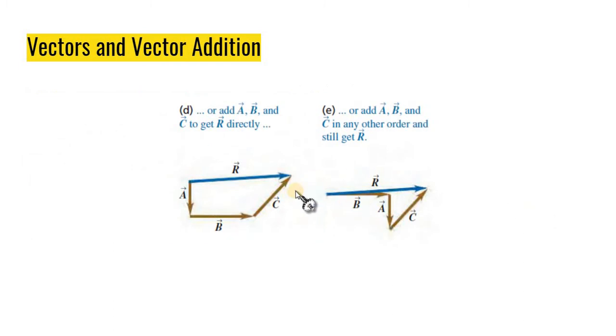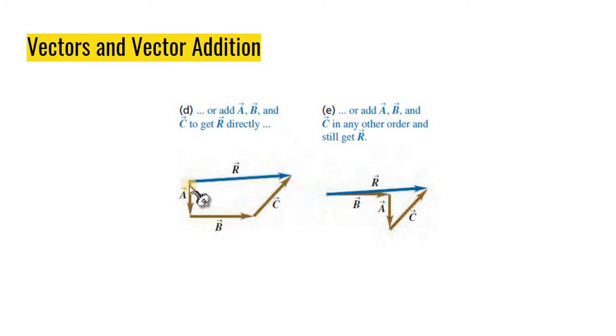Another is to add vector A, vector B, and vector C to get the resultant vector directly. So this is the figure. Vector A plus vector B plus vector C equals the resultant vector, this blue arrow. Or you can also do this. Add vector A, vector B, and vector C in any other order and still get the resultant R. So as you see here,